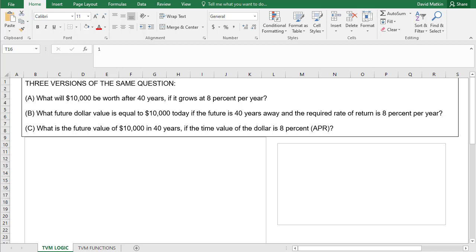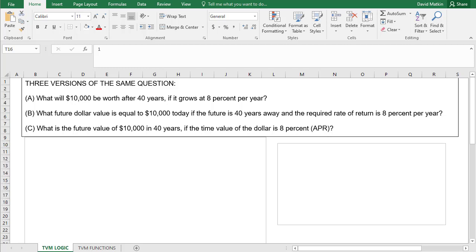Sometimes we know cash value up front, like how much we would borrow to get a mortgage or a car loan, or maybe how much money we have to invest. And the future is unknown to us, or at least has various possibilities, and we want to be able to model or evaluate what the impacts of the present cash amount will have on the future. So that could be how much we'll have to pay to repay a loan, or how much we should ask somebody else to pay to repay us if we have loaned them money,